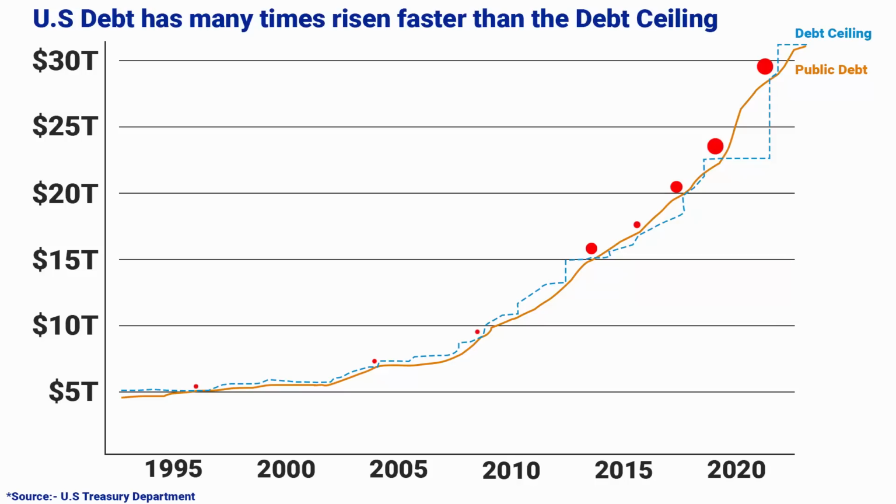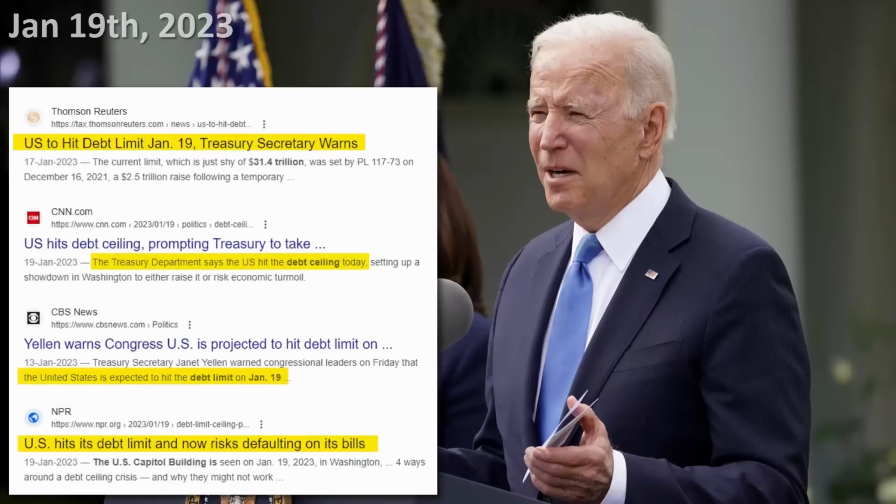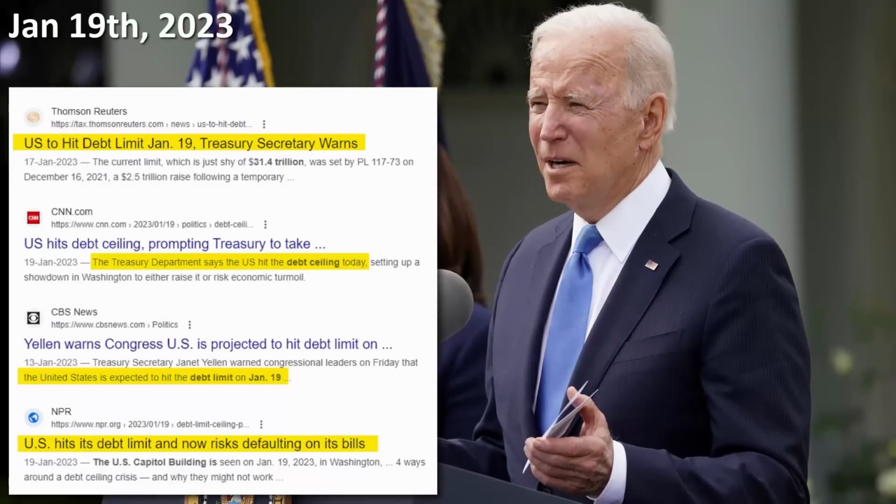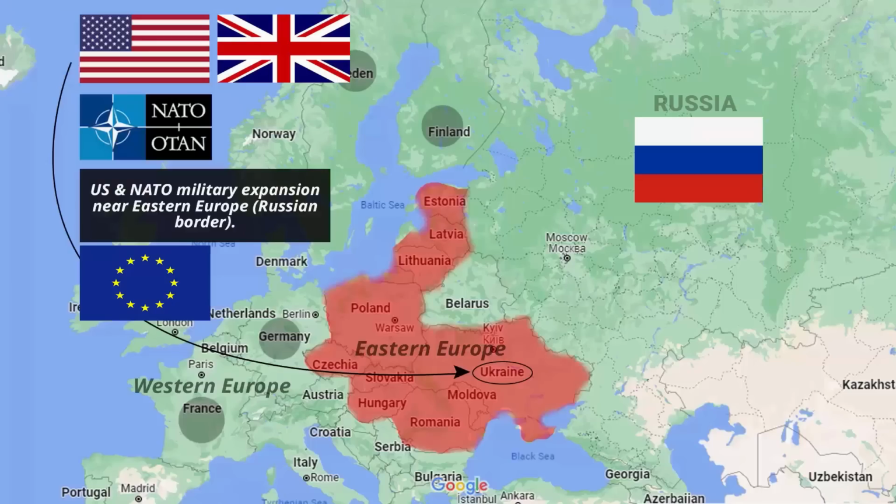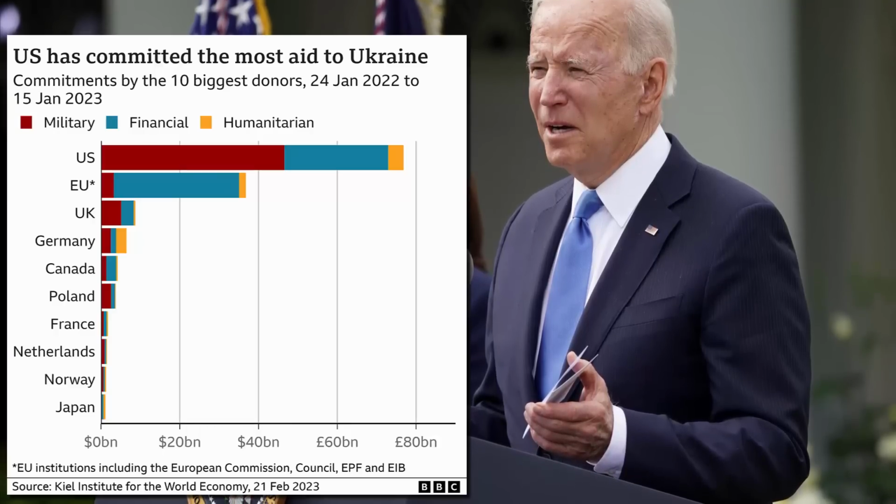Therefore, this clearly tells us that the US government is constantly borrowing money with absolutely no regard for what it can possibly lead to. Then this year in Jan 2023, again the US national debt reached the debt ceiling. And this time it was under the presidency of Joe Biden. You have to go back to last year, which is in 2022, when this Russia-Ukraine conflict started. And the United States government, which is Joe Biden's government, the Democratic Party, they were spending money like water, giving aid and military equipment to Ukraine. Almost $80 billion was spent on Ukraine.